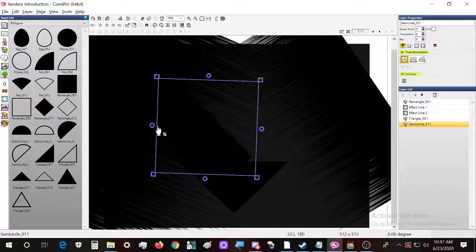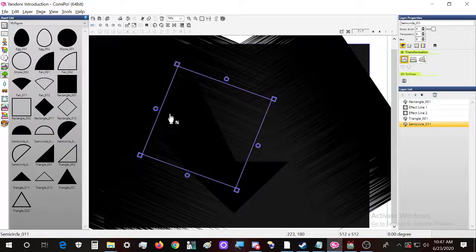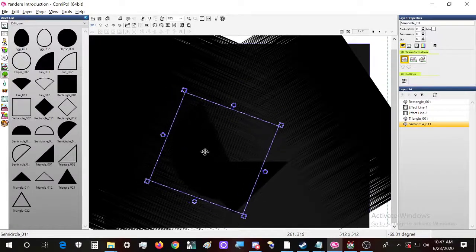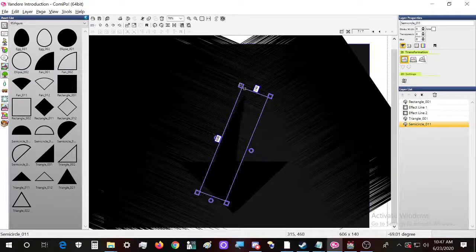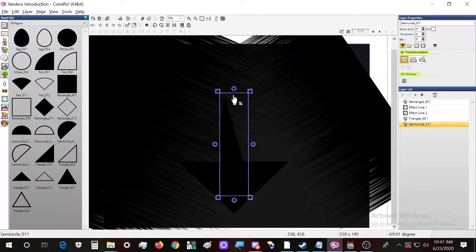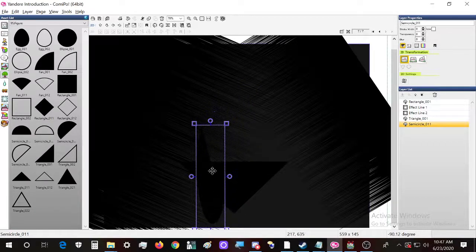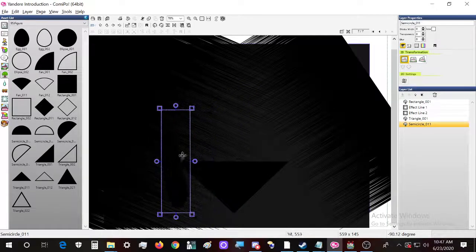Now let's focus a bit on the cheeks, and the cheeks will be something like this in a way.